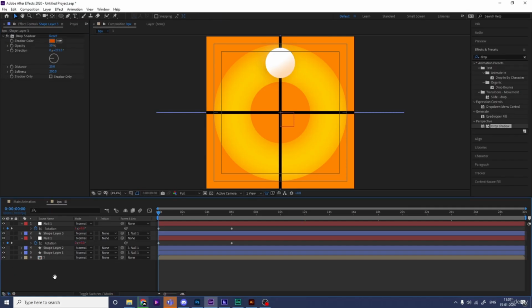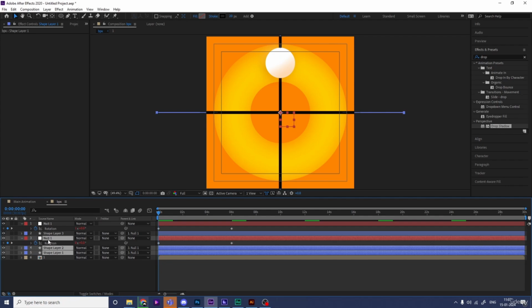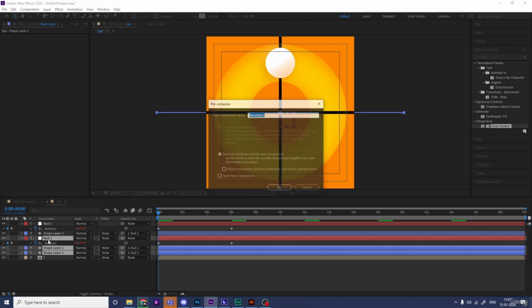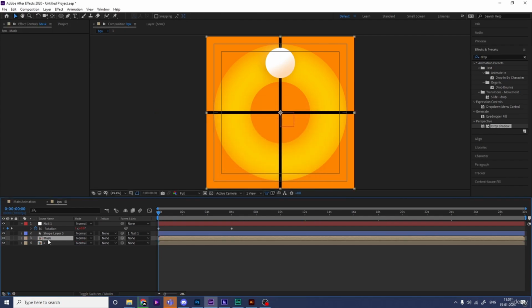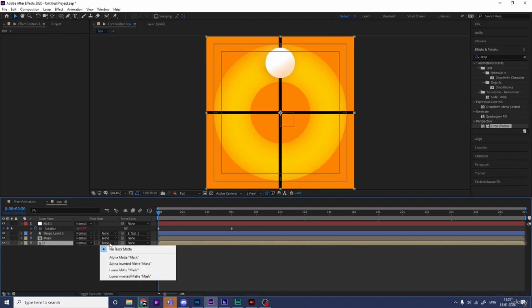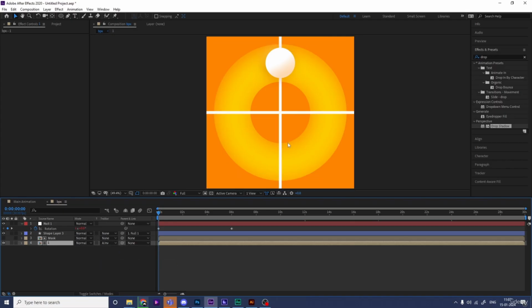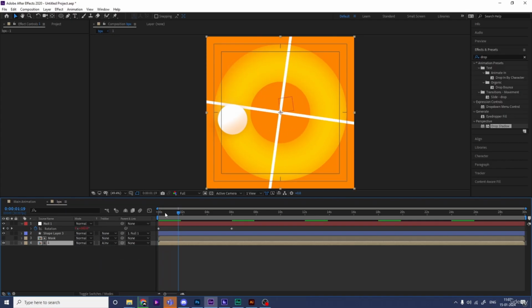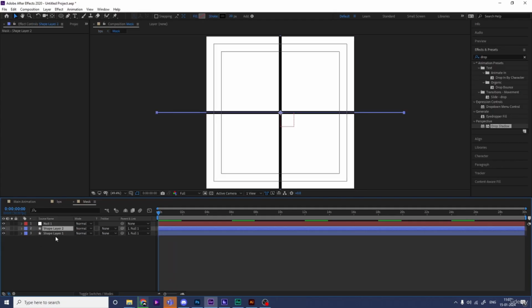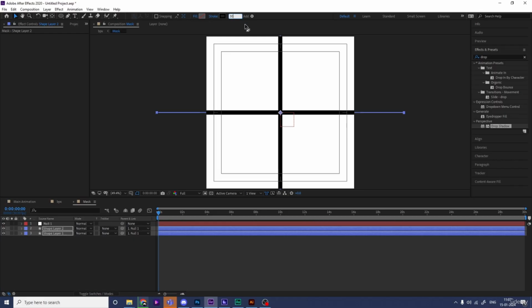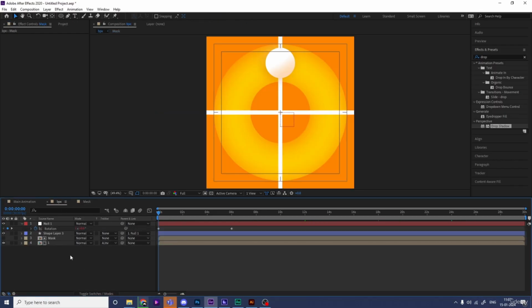Okay, so if you see, we will get this kind of stuff. Now select these shape layers and this null object, because these shape layers are parented with this. Let's press Ctrl Shift C and let's call it mask and hit OK. Now select this layer, which is this one, and choose alpha matte or alpha inverted matte, so we will get something like this. Okay, let's go inside this mask, select both layers, go to the stroke and choose 30 pixels like this. Okay, select both